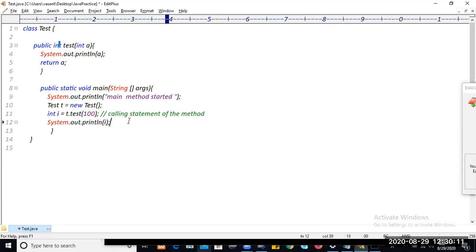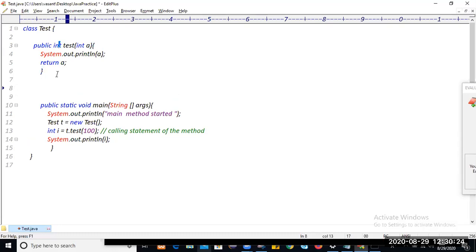So this is the return type of the method, and this is the calling statement of the method; it will hold the value returned from the method. Let's suppose you have a static method. You may think a static method doesn't return anything. Let's suppose this static method is test one, and at runtime we'll pass a string name.